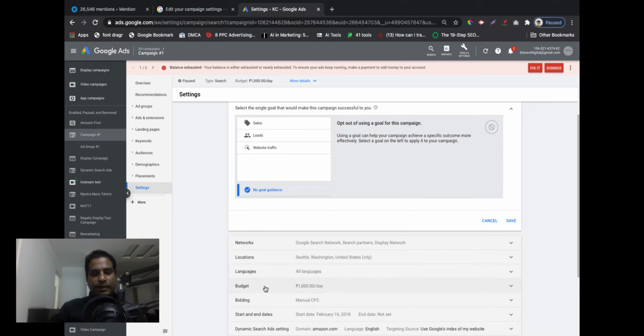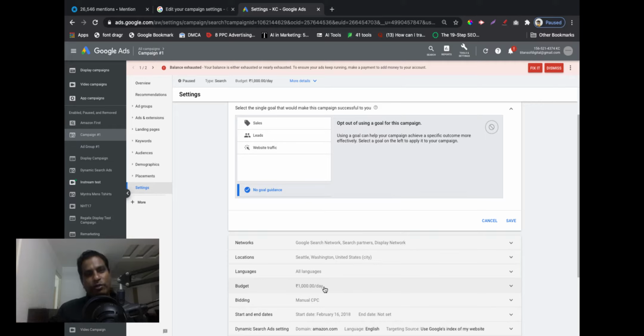Budget. Now this budget is typically per day. Per day, I am willing to spend about 1,000 rupees per day because it's an Indian account. So I'm just going to spend 1,000 rupees a day. The moment I finish 1,000 rupees a day, my ads will stop running. It will start running again the next day. If I want to continue my ads further, I need to go ahead and increase the budget here. I need to come here, click on that, and increase the budget. How is budget calculated? It is not calculated, it is decided. Who decides it? You decide it as an advertiser because it's your account. Technically, you can also have an AdWords campaign running with 1 rupee per day or $1 or whichever currency. But that's a technical fact.